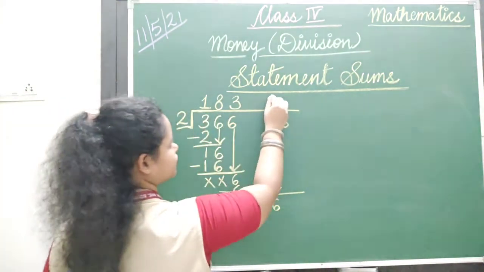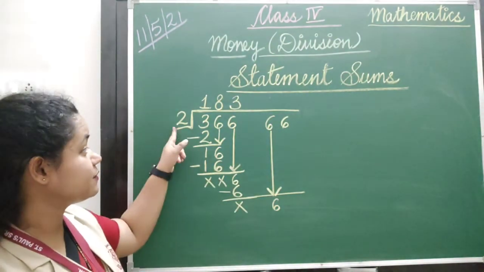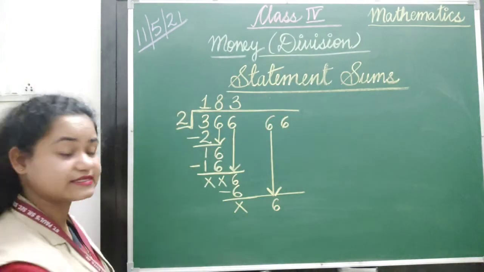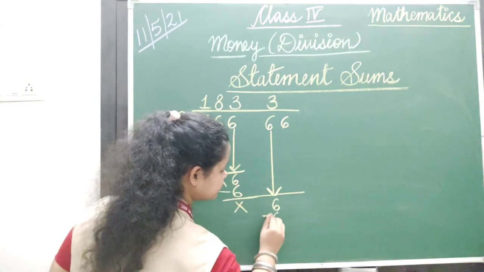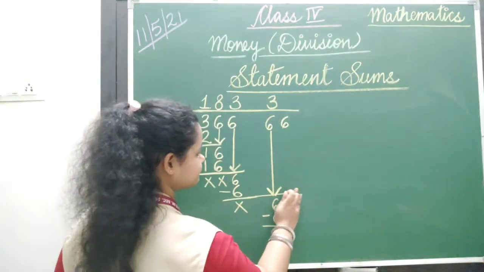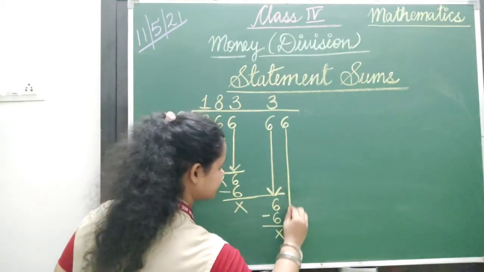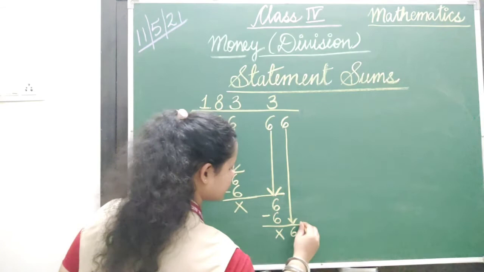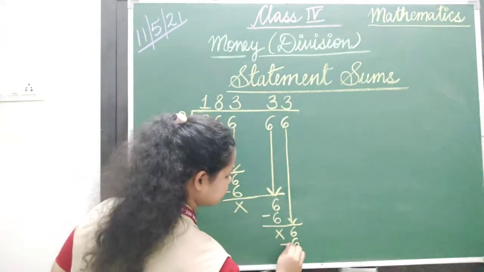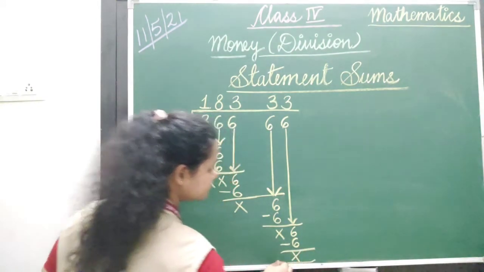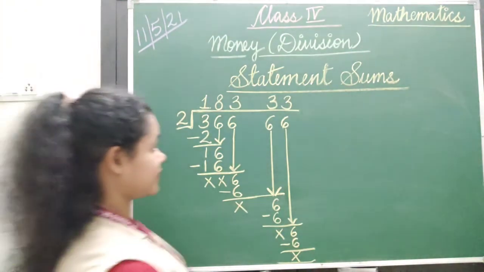Now 2 threes are, now see, from paisa section I have taken one digit down, so I will be putting the quotient here on this number only. So 2 threes are 6. Subtract, answer is 0. Then again this 6 will come down. So 2 threes are 6. Subtract, answer is 0. Yes or no? Yes. So we can write,